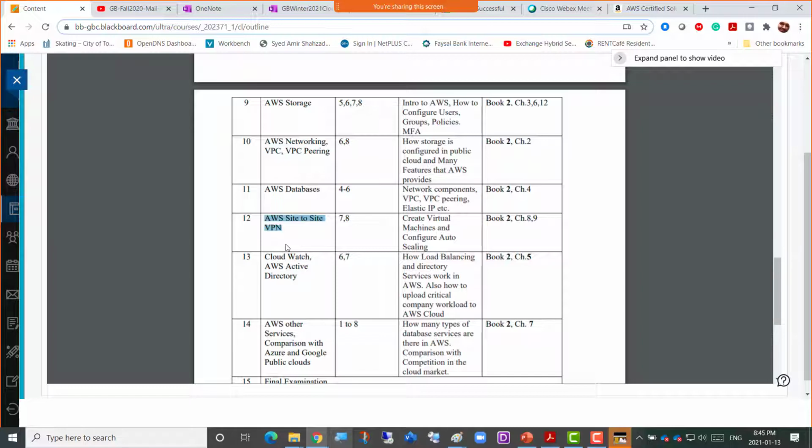Site-to-site VPN is a big lab. It would be a purely demo lab unless you want to do this stunt with me, and unless it is allowed to be done in your AWS Educate. Now I do show that AWS site-to-site VPN in another college where students are asked to attach their credit card to the free tier, 1 year free tier AWS account.